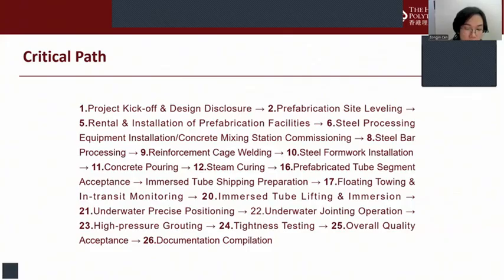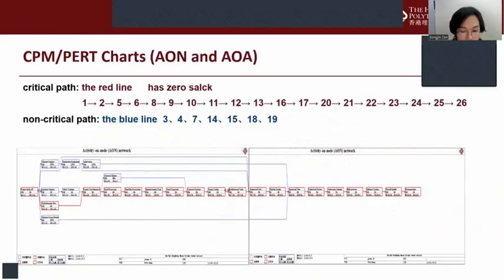the activity on nodes, is a network planning technique for project schedule planning. Its core principle is to use nodes to represent project activities and arrows to only indicate the logical dependency relationship between activities. Next is the AOA chart,